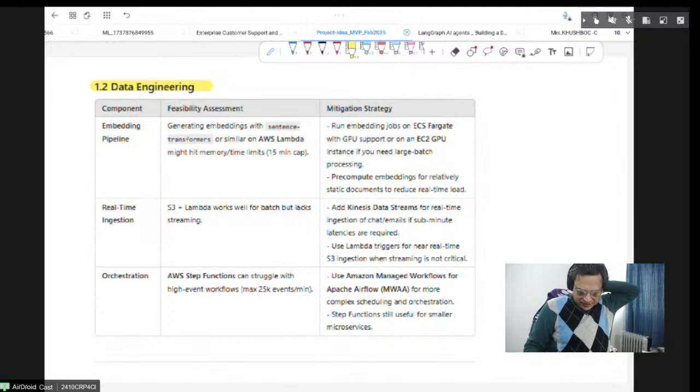Okay, real-time ingestion. S3 plus Lambda works well for batch but lacks streaming. So we will think about that later, but for now we will start with S3 plus Lambda. If there is any problem, then we will try to use a Kinesis data stream for real-time ingestion, right? So we'll see. But for now, we will use S3 and Lambda and the S3 event. All right, let's move on to